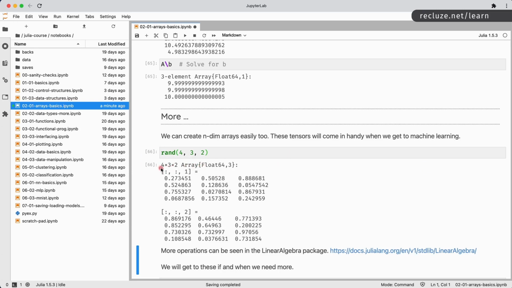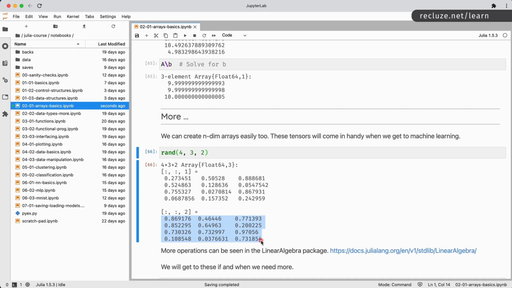So these are now 3 dimensions, which you can think that this is one array, and coming out from the screen is this other piece of paper. So think of these as two different pieces of paper lying on top of each other. So on the first paper, this is written, and on the second paper, this is written. So this is now kind of like a 3-dimensional structure. So instead of a 2-dimensional structure, which can be written on a paper, now you have a 3-dimensional structure. So this is called a tensor, where the name TensorFlow comes from, by the way. So these are tensors. If you're not familiar with tensors, we'll get to these when you get to machine learning.